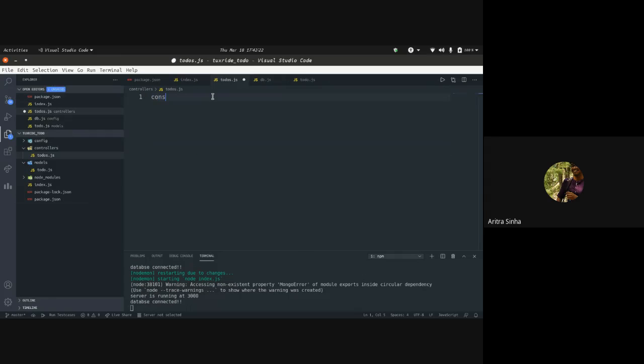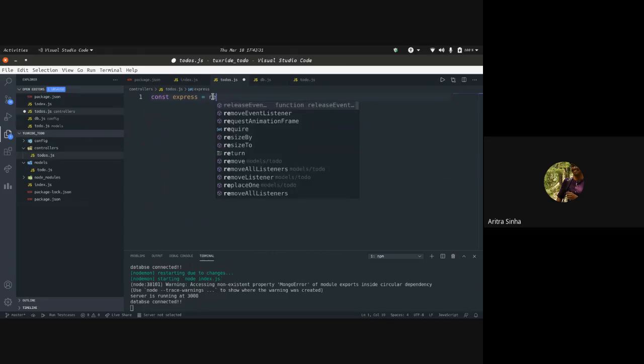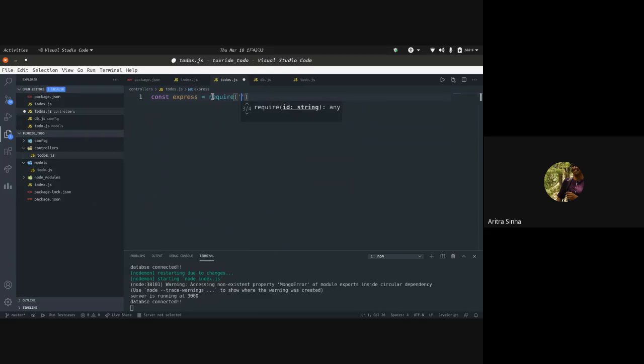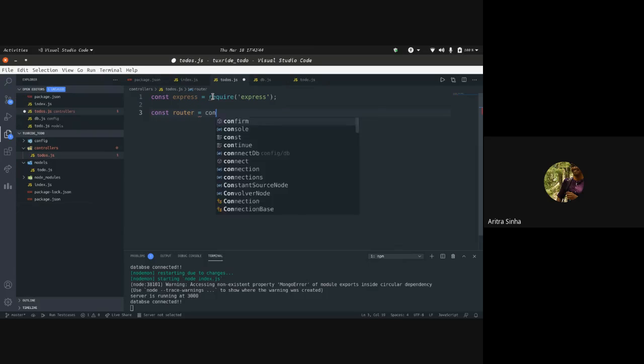Routes are basically all the endpoints, how we define those endpoints. We'll use express again for this, and after that we'll use express.Router to set up. The router will handle all the endpoints accordingly as we mention them.